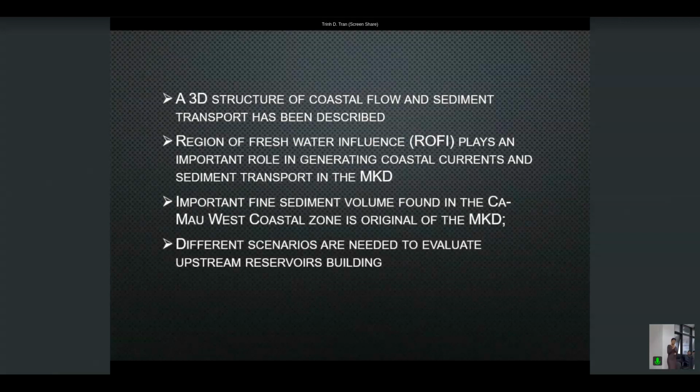We conclude that a three-dimensional structure of the coastal flow and sediment transport has been described, and that freshwater influence plays an important role in generating coastal current and sediment transport in the Mekong Delta. And the important sediment volume found in the Ca Mau West coastal zone may originate from the Mekong River. And in the next part, we try to evaluate the effect of the